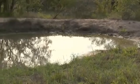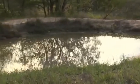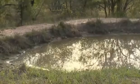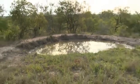The surface of this water tells me there's been something in this water, something quite big. There's almost a beach on the edges of the water. And so either those buffalo or elephant, something's been in here today. It'll be very interesting to look for